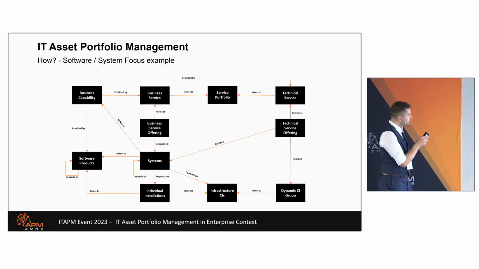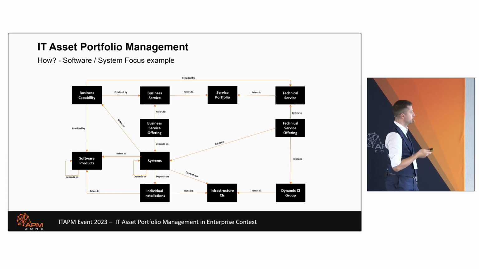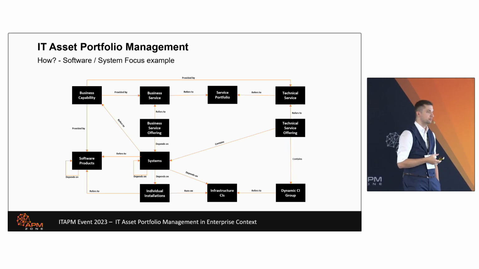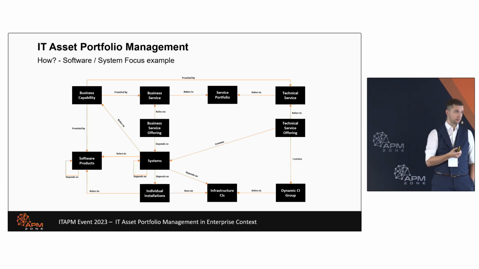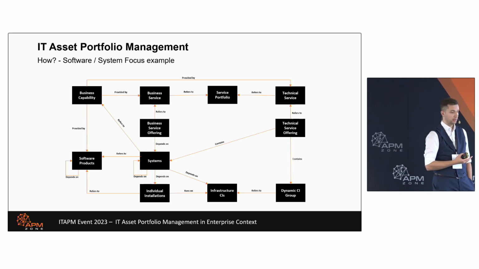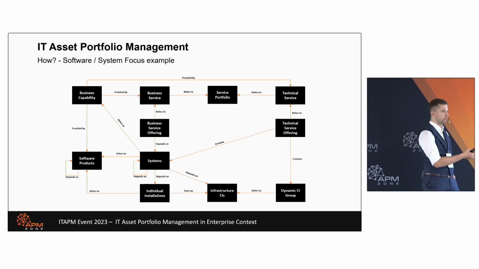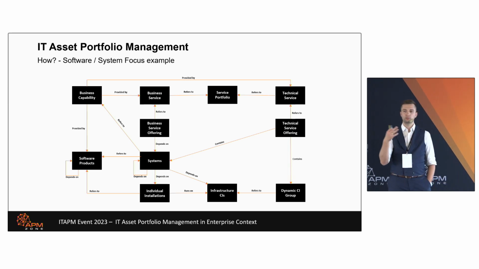And then we go into the center, the heart, so the systems. And a system is something that uses multiple CIs, multiple elements, right? But for the normal user, no one sees it. You see a CRM, you see a warehouse management system, you see a financial system, but you are not thinking about how many software products are behind it, how many Microsoft products, SAP products, and whatever is being used to build that system. This is, again, one of these logical layers.